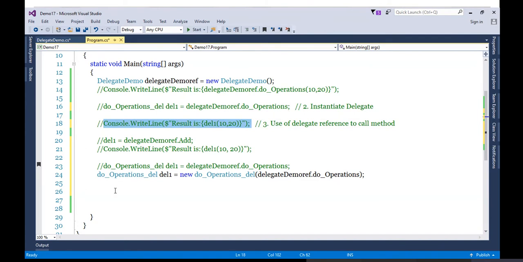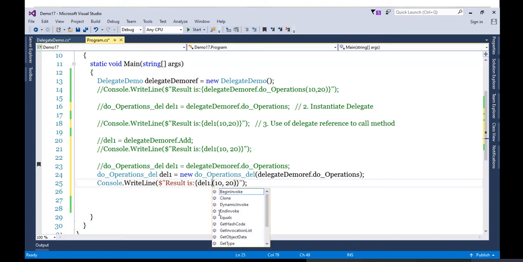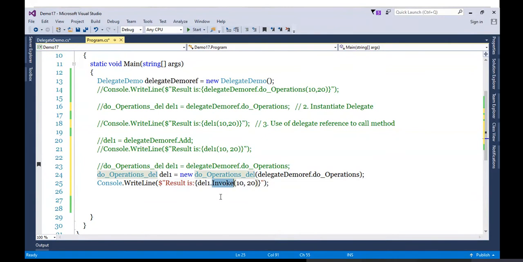Either you call it directly like this, or some people will introduce the Invoke method, like dot Invoke. If you use the Invoke method, what does it mean? Invoke will invoke the respective method, which is DoOp.